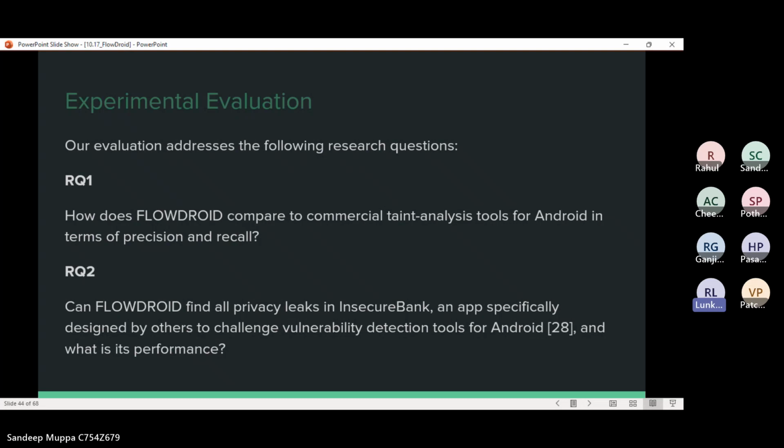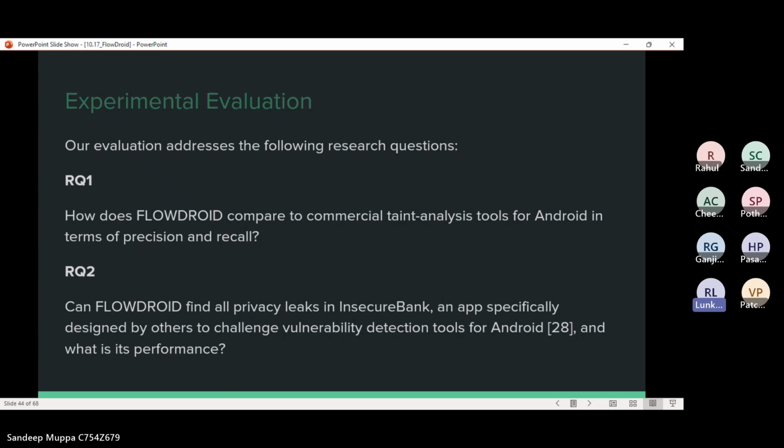Hello, everybody. So I'll be talking about the experimental evaluation of FlowDroid. For evaluating FlowDroid, a research questionnaire was set up, and multiple questions were included. The first question was, in terms of precision and recall, how is FlowDroid compared to other commercial taint analysis tools in Android?